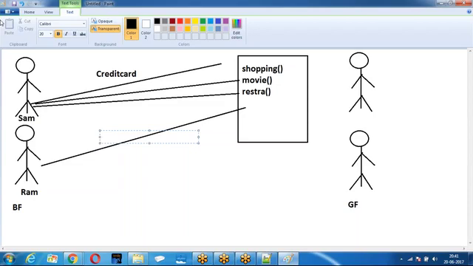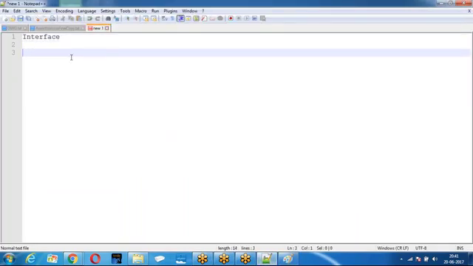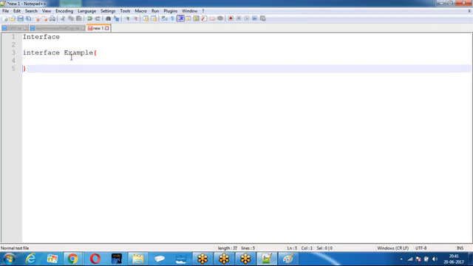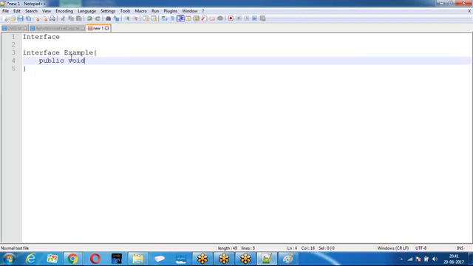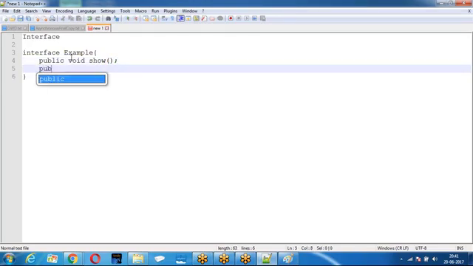So who is going to define the methods? The class which is using this interface has to define the methods. Are you clear? Now let us see. I am giving an interface here. In this example, they wrote public void. So, are they defining the body of the method? They are not defining the body of the method. Only the name of the method is defined.